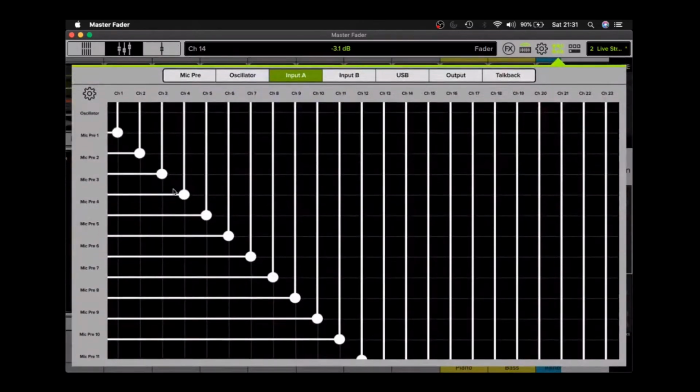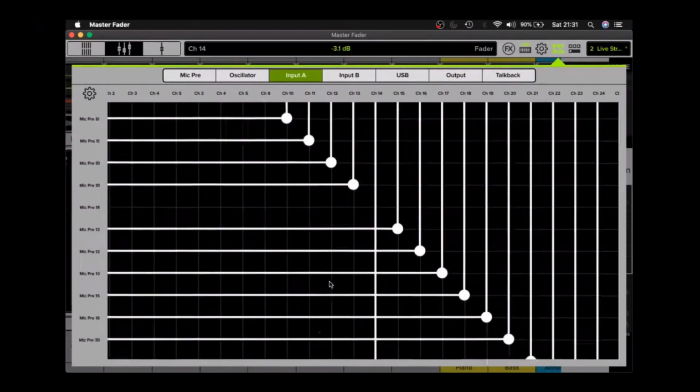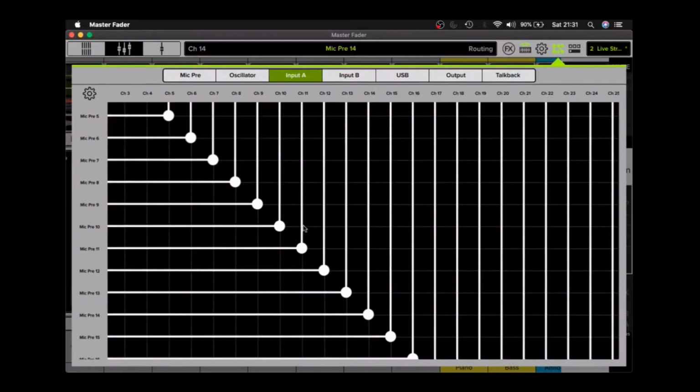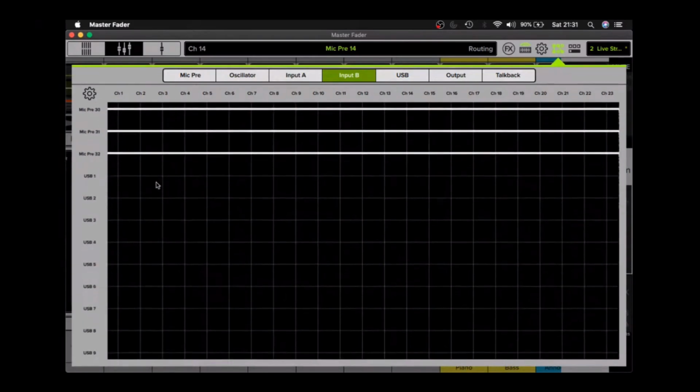And I'm going to show you something pretty cool, where if you don't want to do this, that's the cool thing about Master Fade, there are so many options. You've got input B here. Now what most people do is they'll set up input B in such a way that B has all the USB tracks coming back. Okay, so this is where the sound is coming from. Remember, this is where it's going to, so that you can manipulate the mix. So what they'll do is, obviously I'm not going to do that on USB 1, but what they'll do is they'll set up,